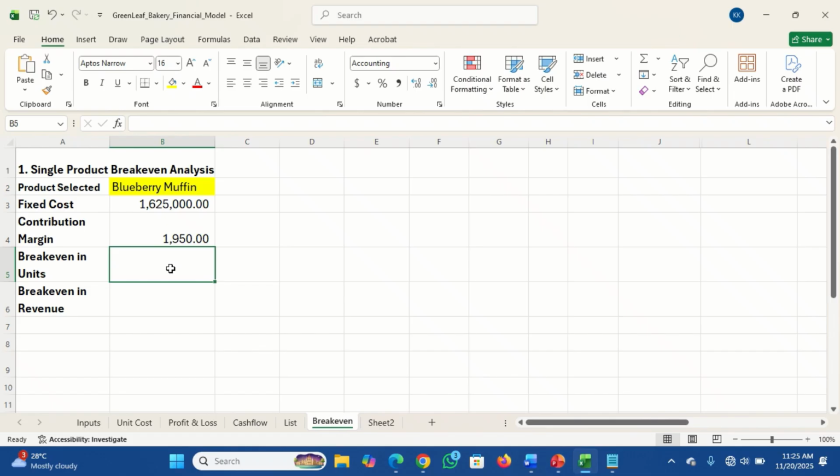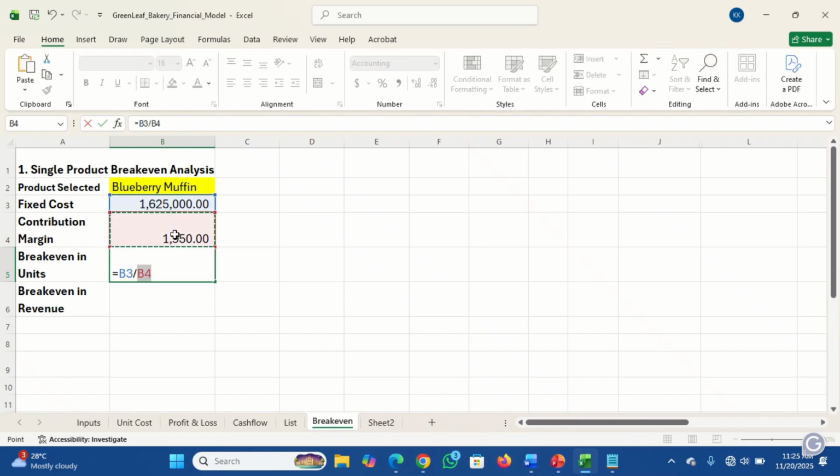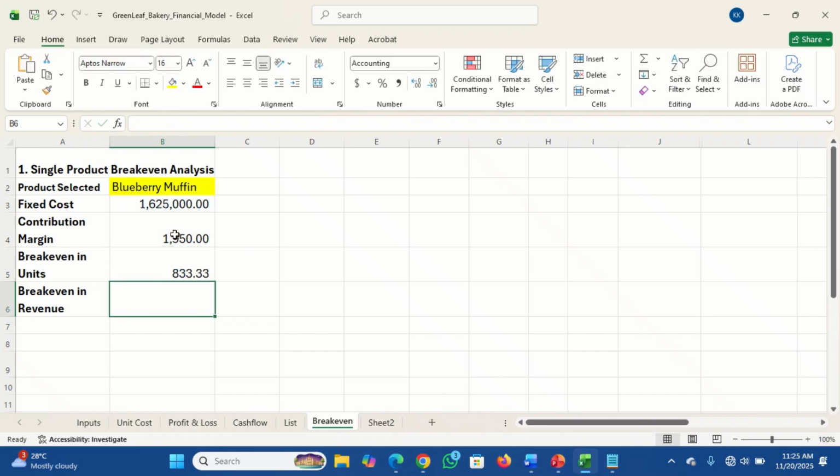So for us to get break-even units, it's going to be fixed cost divided by contribution margin. So this simply equals fixed cost divided by contribution, and that gives us that. Then our break-even revenue is break-even units times price. So we are going to say this equals this times